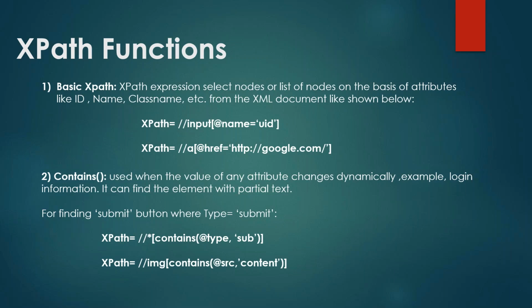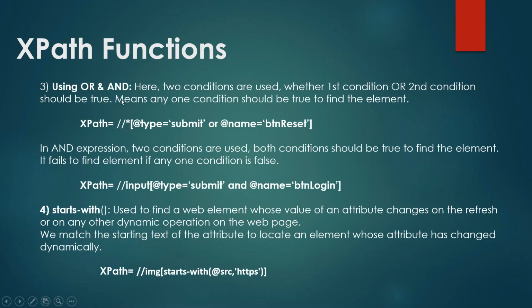Basic XPath is the same which I told you earlier in the previous slide, absolute and relative. Then using OR and AND. What is OR, what is AND condition? OR is used when any one of the conditions is true, either the first one or the second one. These conditions are randomly put, so don't ask me where this code came from. This is just for explanation purposes. Just understand the main keywords inbuilt: OR and AND.